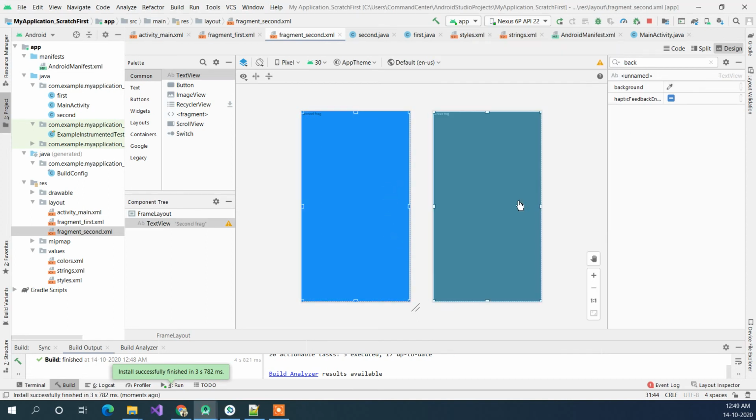But what I will try to suggest is, because it does not look very good if you add different backgrounds on it, let me just remove this.